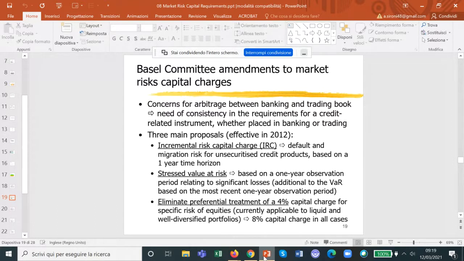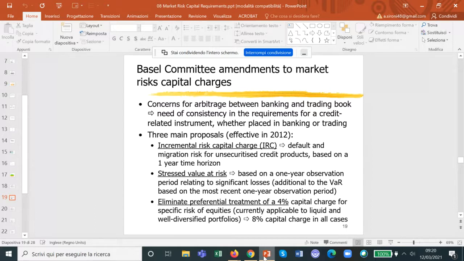So the idea was a number of securities that are in the trading book not only have market risks, but they also have credit risk, okay? And we saw that with, for example, mortgage-backed securities and things like that during the great financial crisis. So I want banks to have an additional requirement, which is called IRC, which is based not on a 10-day time horizon, but rather 1 year time horizon, okay?